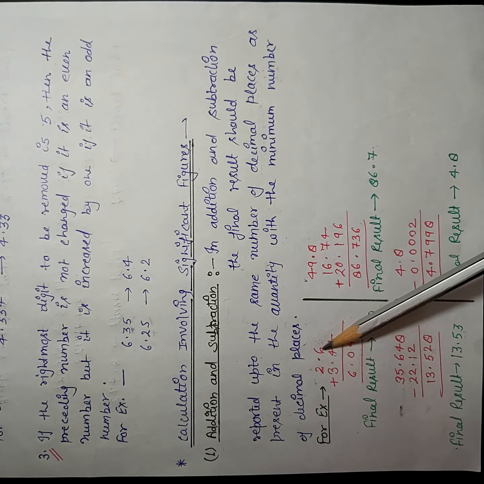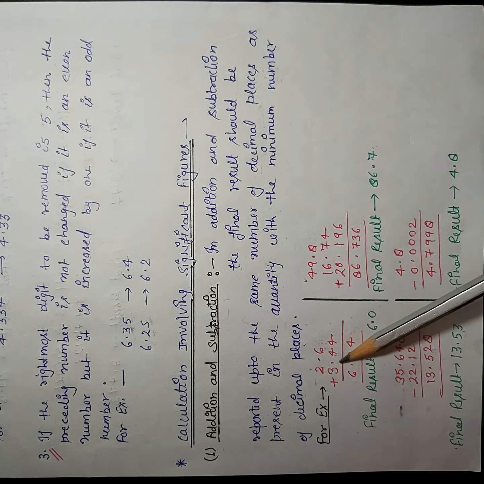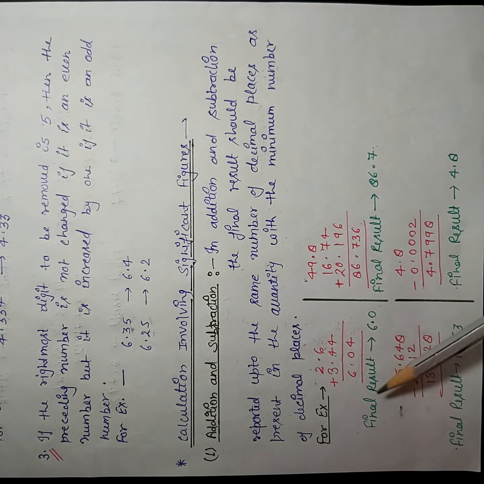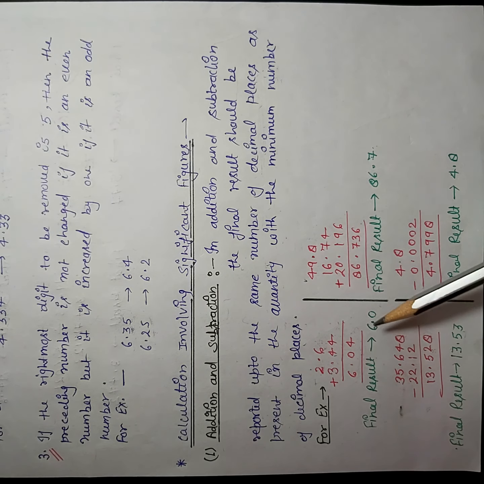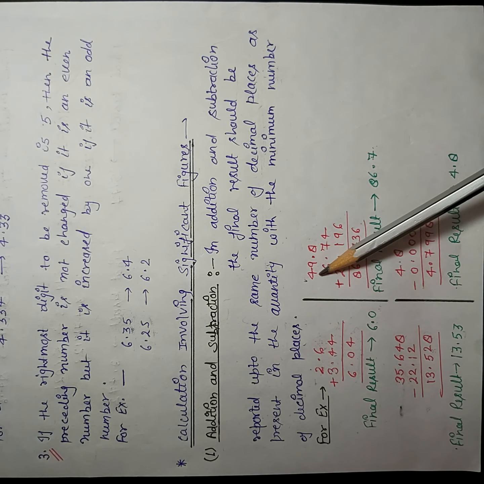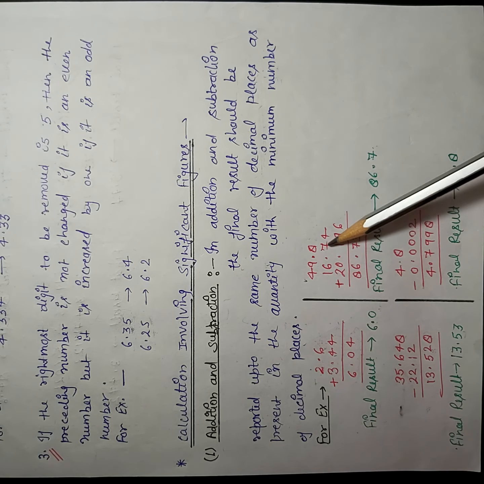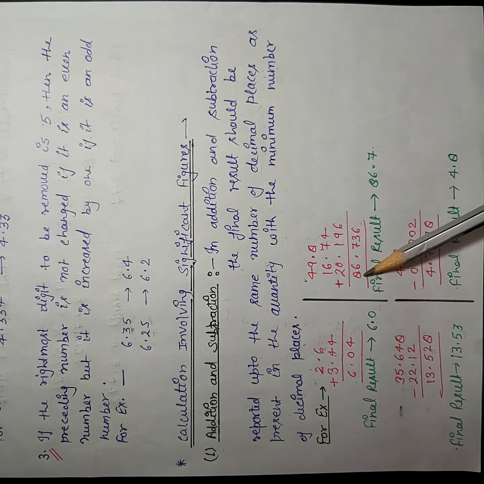It has one decimal place and it has two decimal places, so our result should have one decimal place, so the result will be 6.4. Similarly, 49.8, 16.74 and 20.196, if you add these numbers, you will get